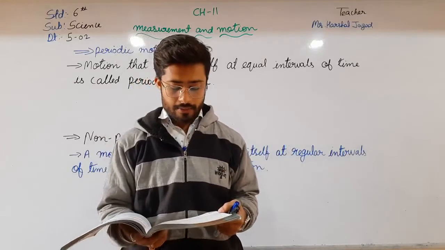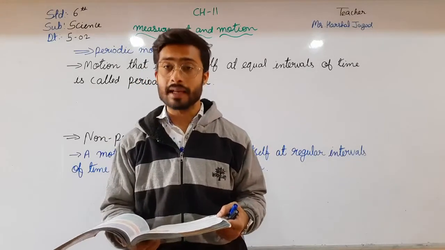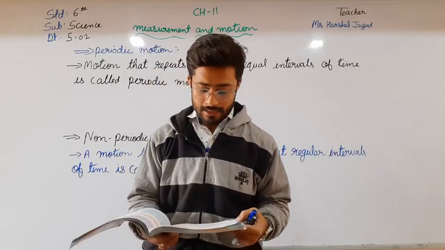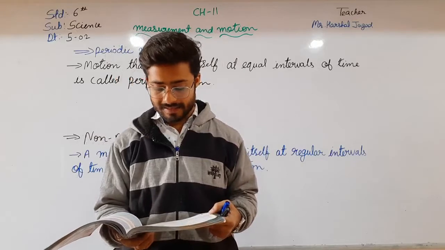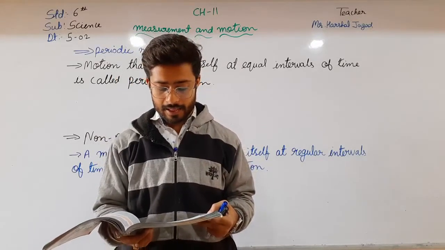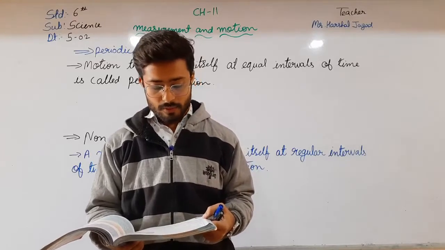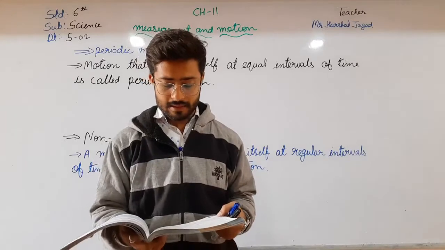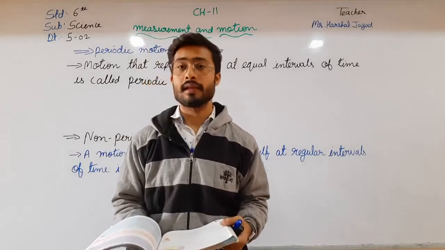Now that we have read about the different types of motion, it is important to understand that in real life, an object that is moving often exhibits more than one type of motion. For example, a car moving in a straight path is in rectilinear motion, but its wheels are in rotational motion. The movement of the earth about its axis is rotational as well as periodic motion.